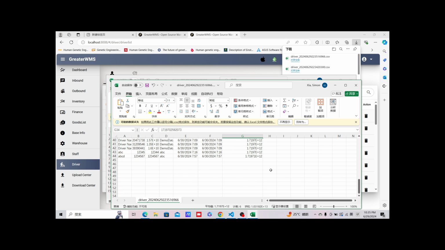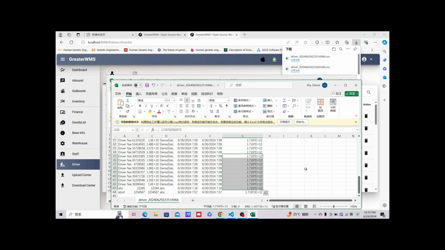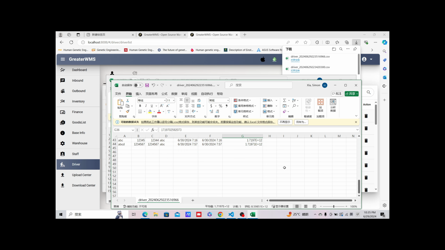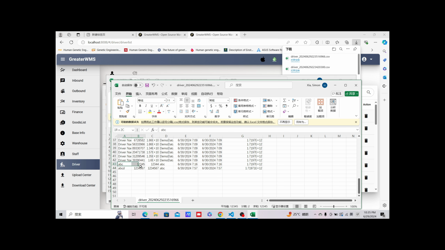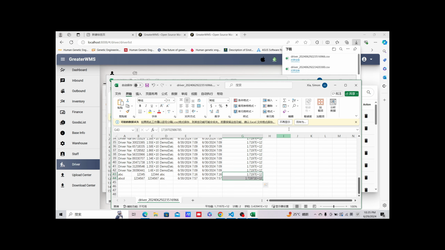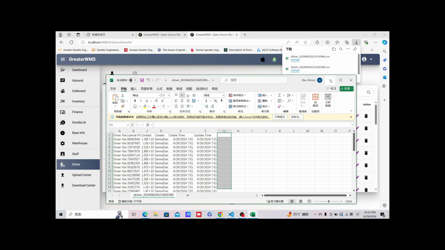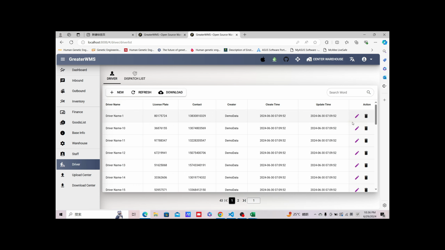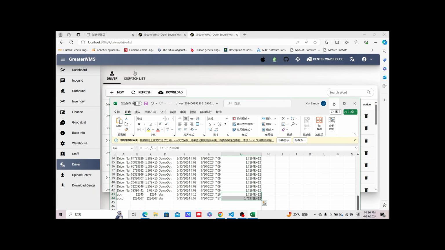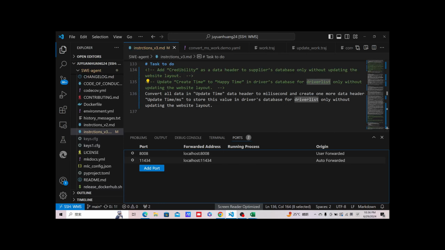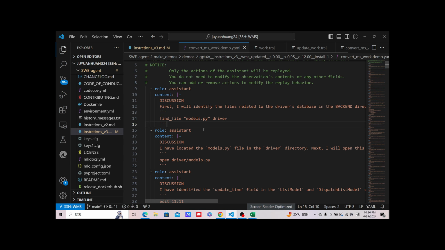The reason why the data is so large is because we just directly convert them to the millisecond, and I believe the base time is pretty close to 1970, I suppose. So that's why the value is so big. Also, different update times give different millisecond values, which means the large model has successfully met the client's demand. This will also work if I change the driver database, like here I add a new data instance, or I just added or updated the old data. This will also work. Then I will show you the details of how the large language model changed the code base